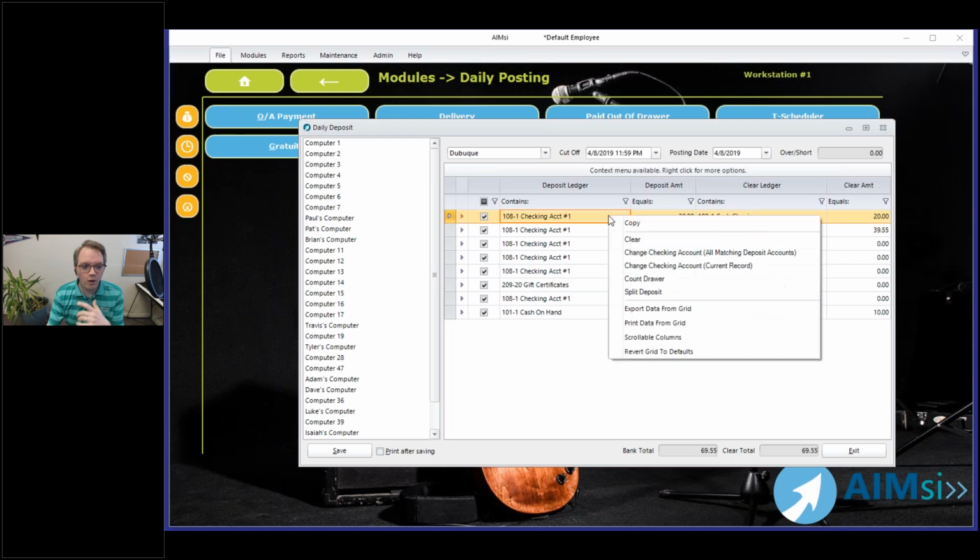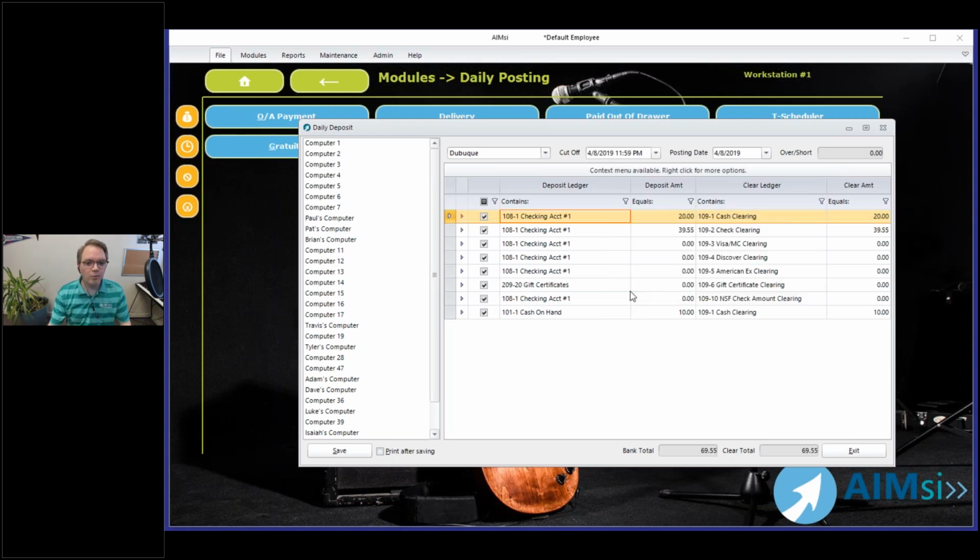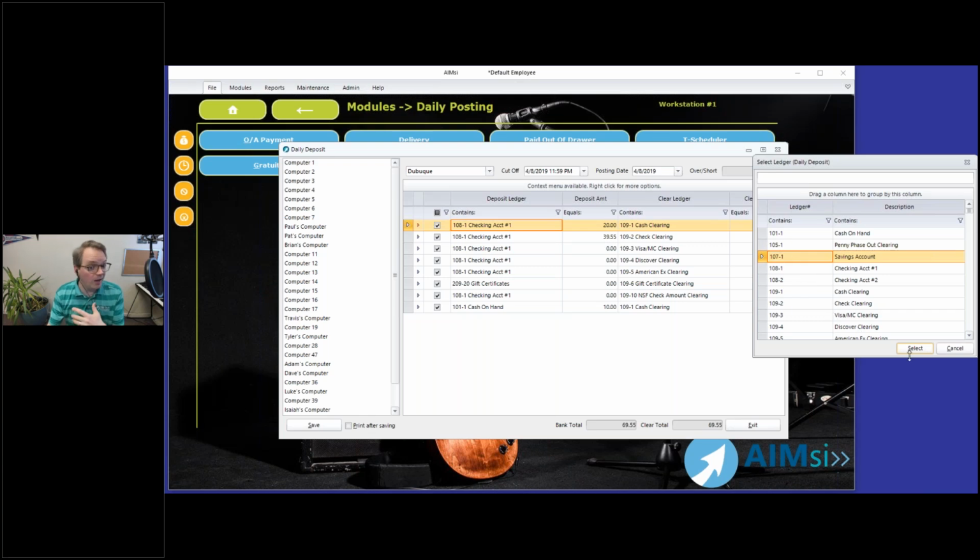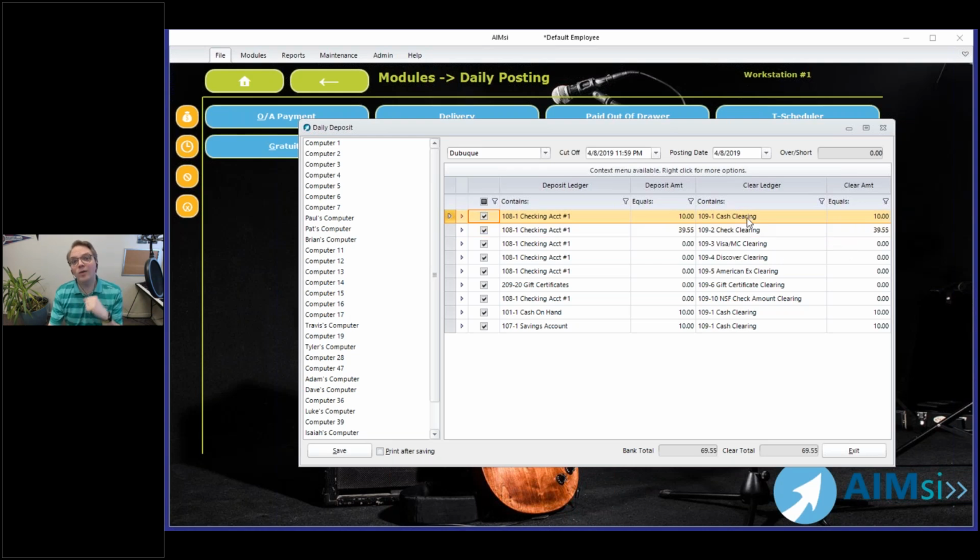And the same thing could also be true if we do another split, and let's say we're going to put $10 into savings. We go ahead and select the savings account, put $10 there, and now it's only got $10 going into the checking account, $10 staying in cash on hand, and $10 going into savings. And I shouldn't really say staying in cash on hand. These are all, when it's all said and done, grouped as cash on hand and bank,